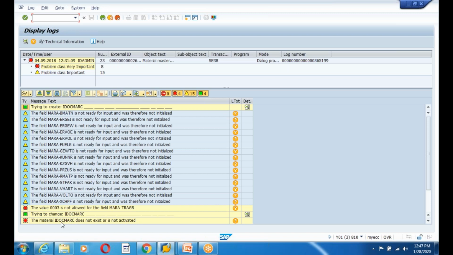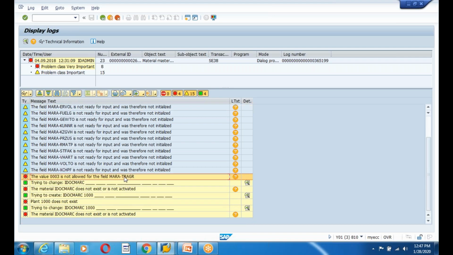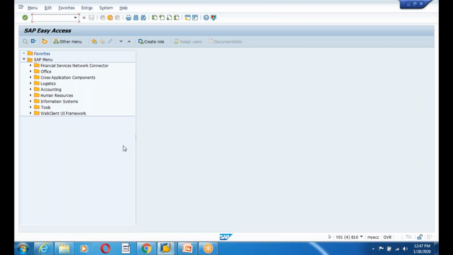See, there is some error. See the value. See, guys, the transportation group is not allowed. The problem is with the transportation group, guys. TRAGR. The first error is the transportation group, MARA transportation group 003, which is not possible, guys. So what transportation groups do we have in the system? We'll see that and assign the value. Okay, so SE16N